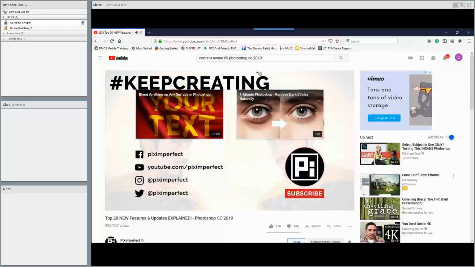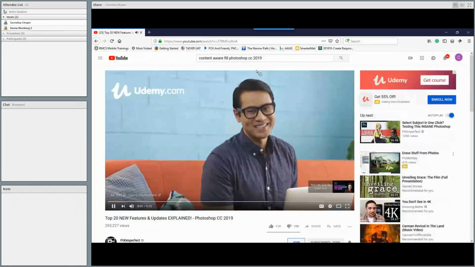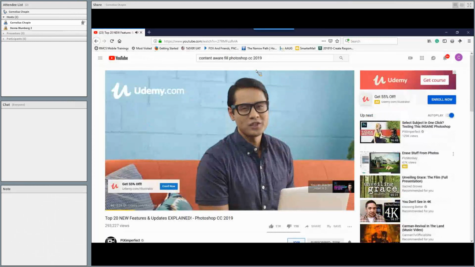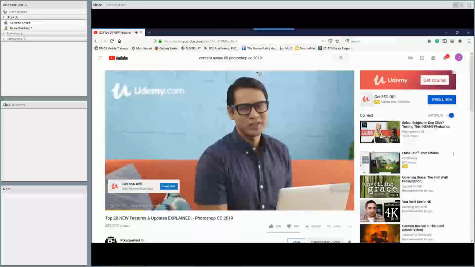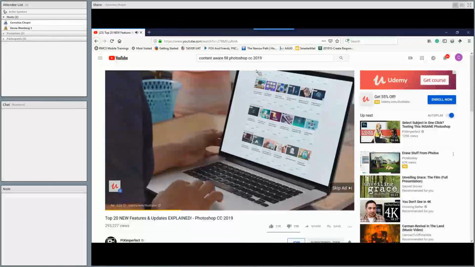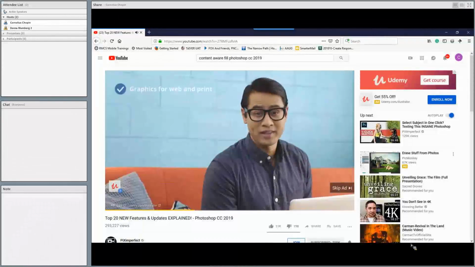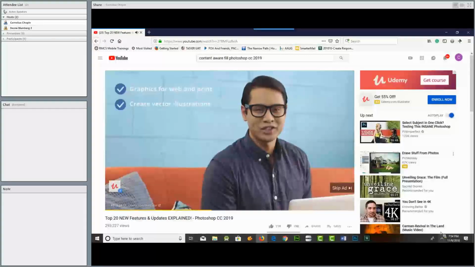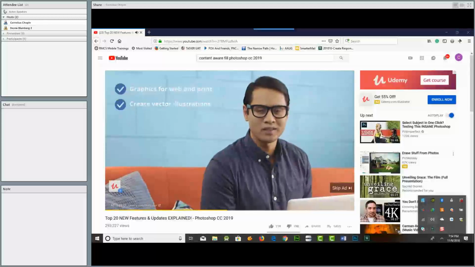But Content-Aware Fill is really good. I think it's not my favorite feature. I just got to experiment with it more. And then the frame tool, I think is a good tool. The other stuff is not. You know, I mean, I could live without it. I won't lose no sleep if I didn't have it. But the frame tool and the